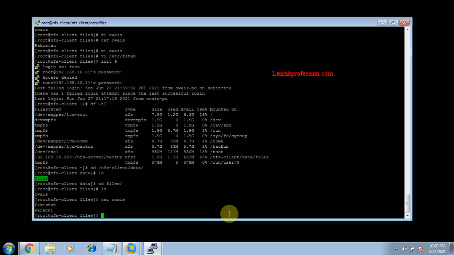Okay, this is the whole demonstration of how to install and configure an NFS server. The whole demonstration is to install the NFS packages on both the server machine and client machines, and after some little configuration, create mount points, then add an entry for permanent mount points in the fstab file. This is the whole demonstration of the installation and configuration of the NFS server.